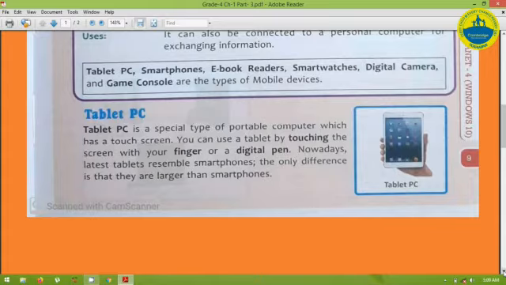They look like your mobile phone, but they are a bit larger in size compared to your mobile phone, and are used to perform various tasks. We can use the tablet as a small computer and for performing different operations that we usually perform on our mobile phones.